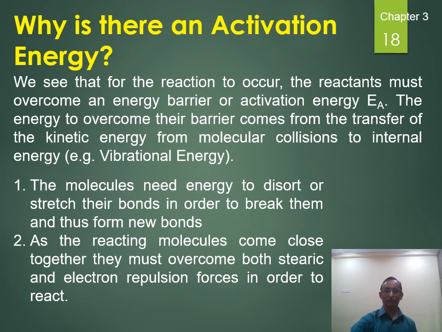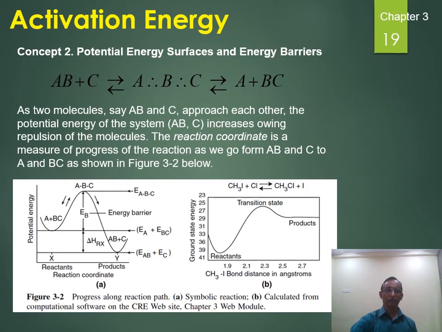The next diagram is very easy, you can understand this one. So this is A plus BC. BC is one reactant, A is one reactant. This is the reactant side. This one is the product side. On the product side, you are going to get AB plus C. B is going to attach to the A. But to get that, this particular reactant has to reach this much energy. This much energy is required to break that particular bond in BC. This transition state they have to achieve. To achieve this transition state, how much energy they require, that you are going to identify.